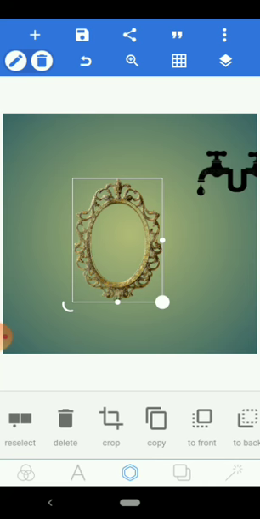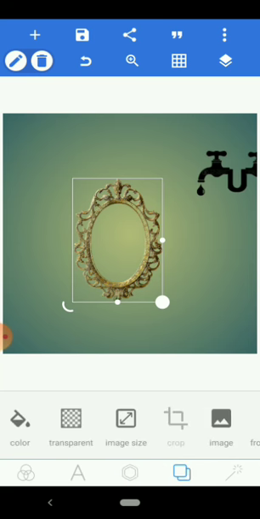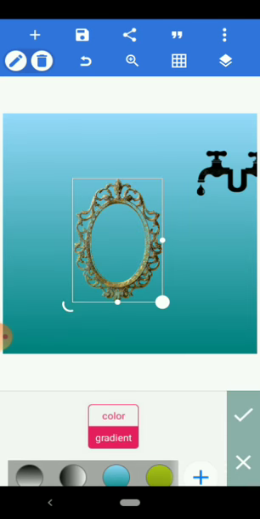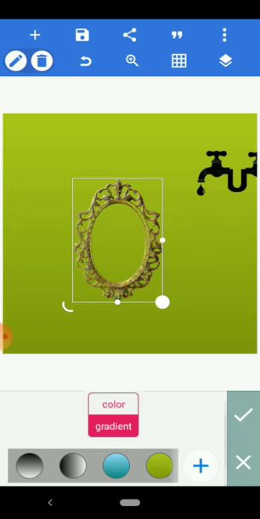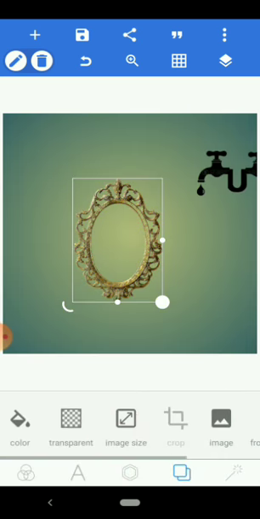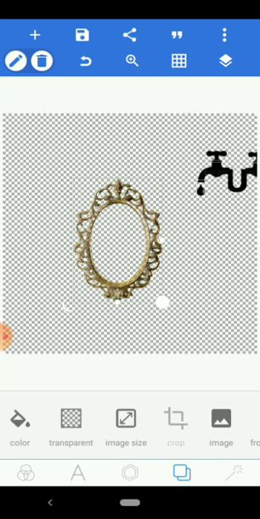Then when you come to this two squared icon here, you can actually work with your color. That is for your background. Then transparent, if you want your background to be in a